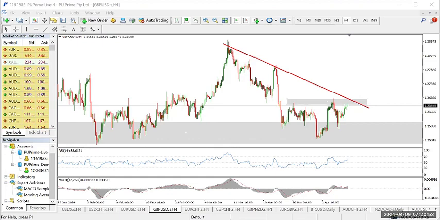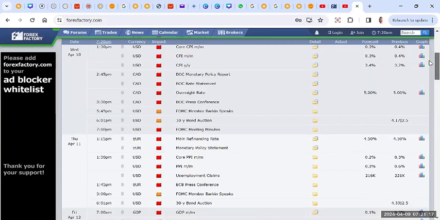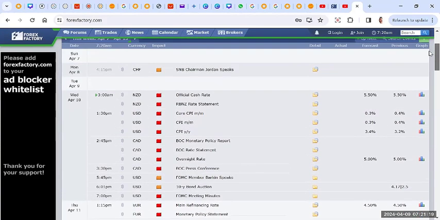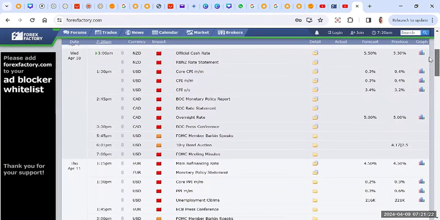So I'm going to go straight away now into forexfactory.com, and that's a site where we check for fundamental events. So I'm flipping over now into forexfactory.com, and on forexfactory.com we can see that we have quite a number of fundamental events this week, but the ones that are of utmost importance, which could really move the dollar, we have